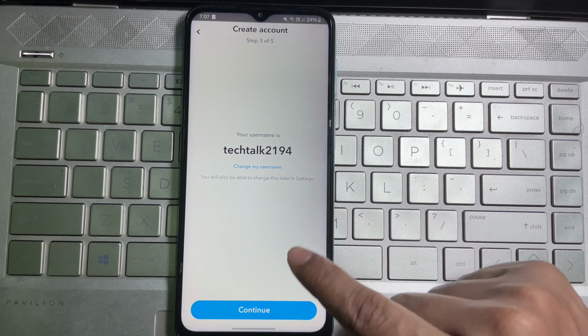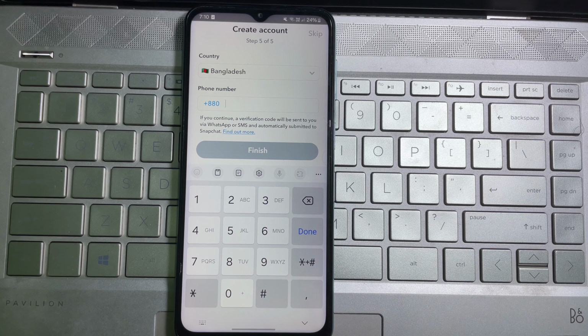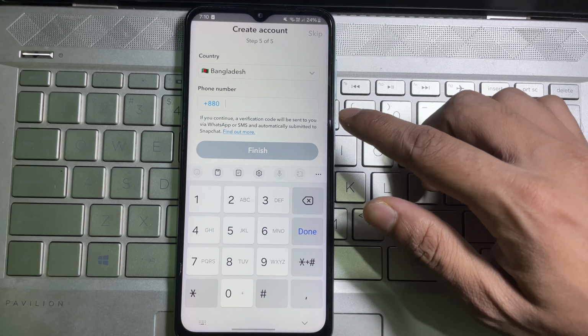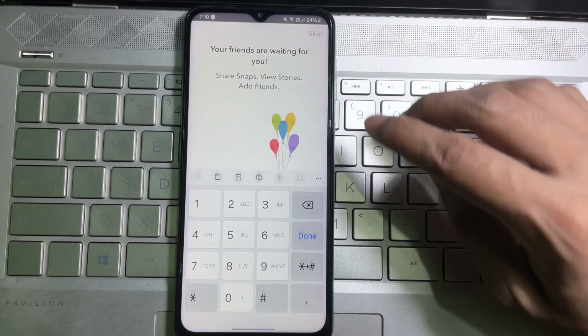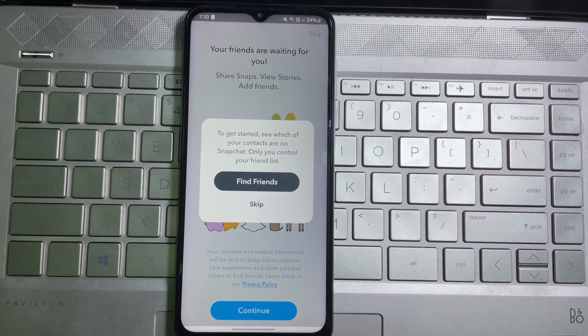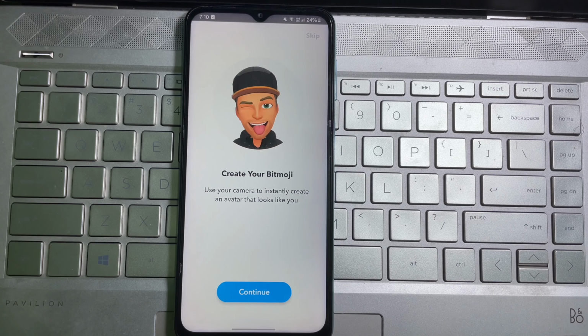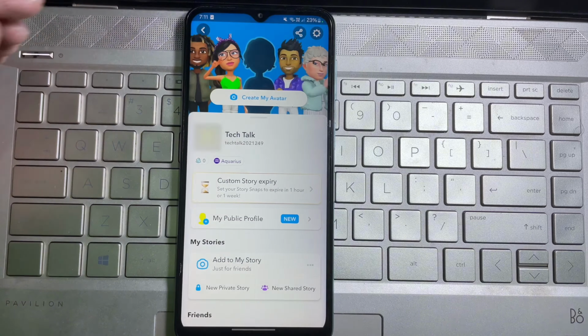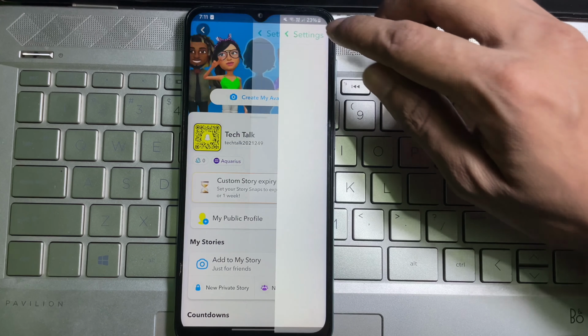and then it will ask you for your phone number. If you wanna give your phone number, then type your phone number here, otherwise tap on skip, and then again tap on skip, tap on skip, and then tap on this profile picture icon at the upper left corner, and then tap on this gear icon,